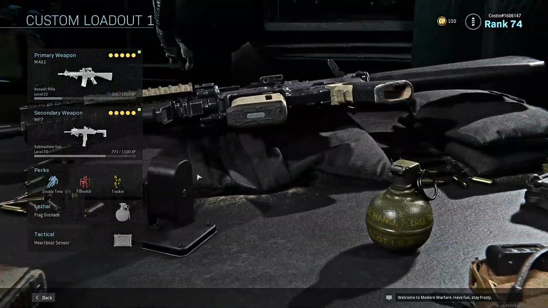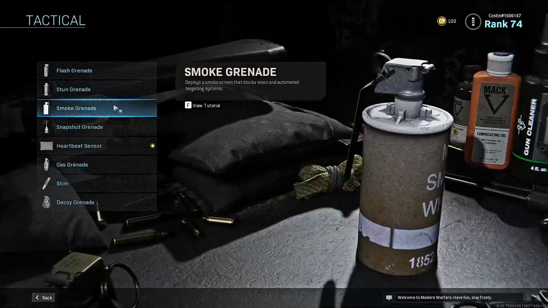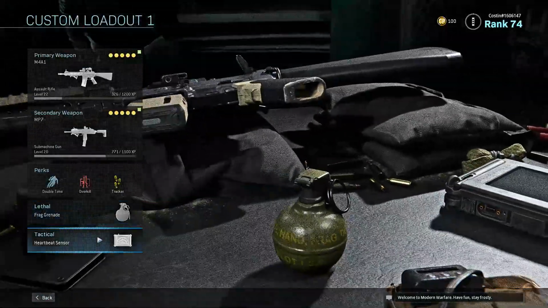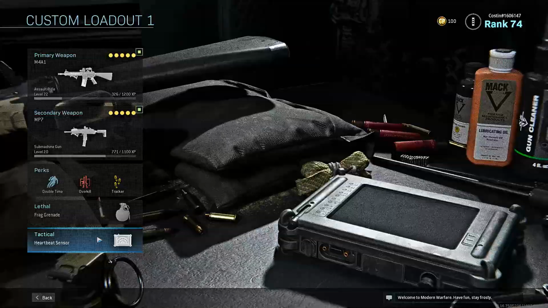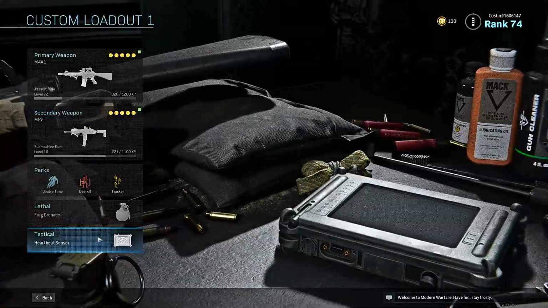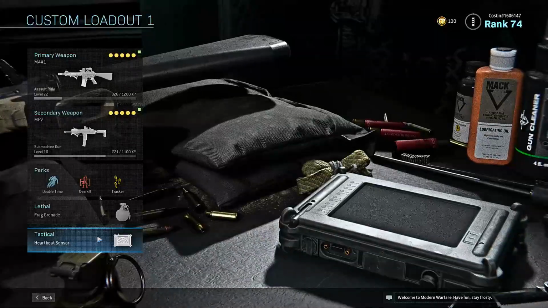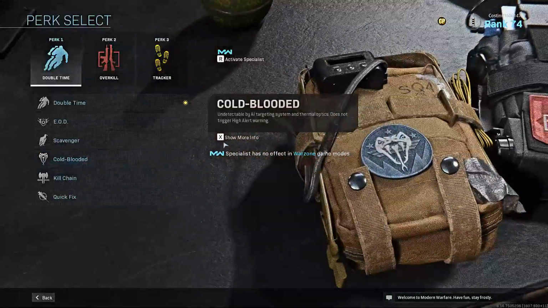But what about everything else? Well, in terms of your tactical choice, yes, you do have various grenades, smoke grenade, stun grenade, gas grenade, stim, etc. But a heartbeat sensor will be very useful, especially because of the way that people play in Battle Royale, they won't have a way to protect themselves. Now, some players will, but not everyone, so it makes it very useful, especially when you consider some of the